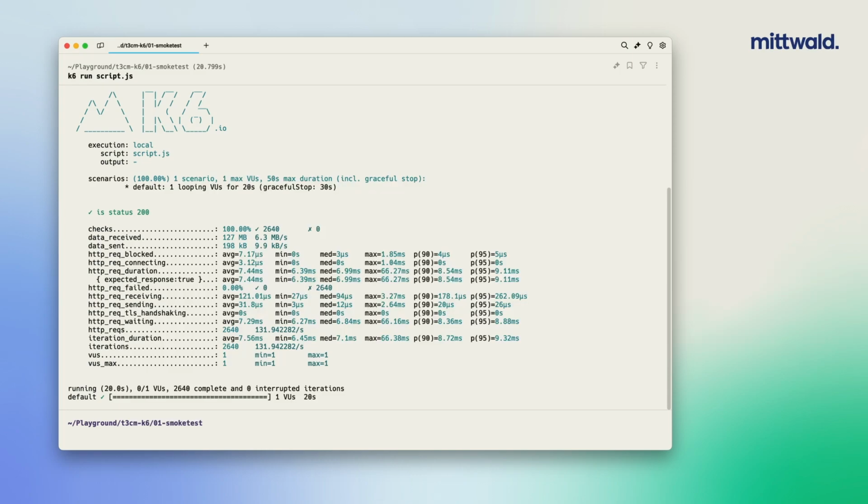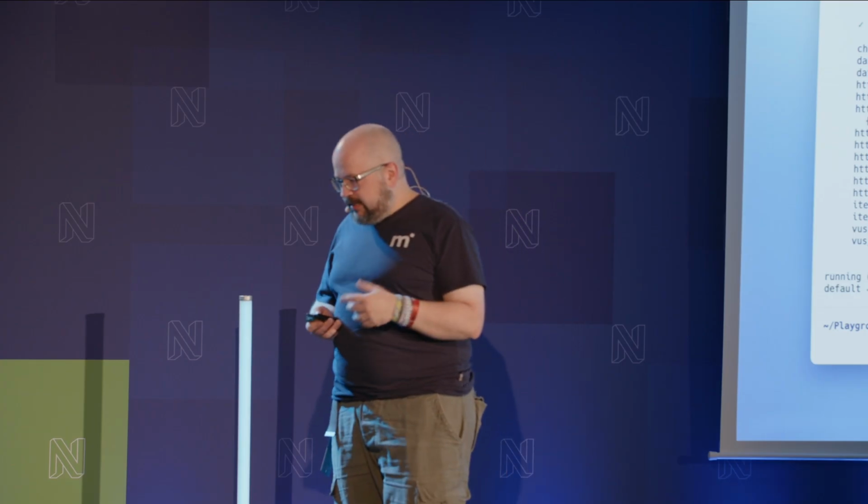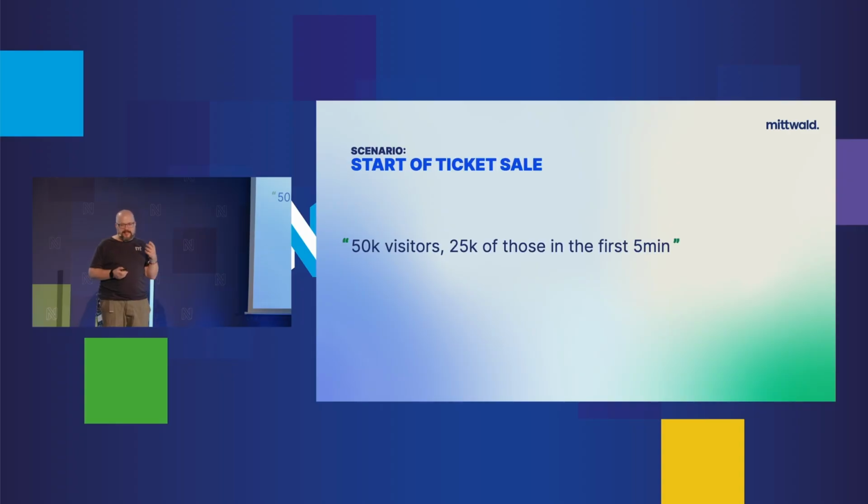And then we proceeded to define scenarios together with the customer. And what the customer told us was that during ticket sale, we're expecting like 50,000 visitors on the site, and 25,000 of those we have in the first 5 minutes.